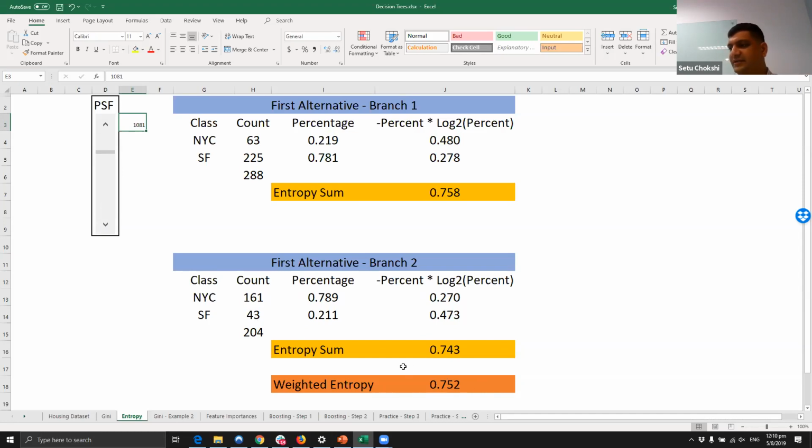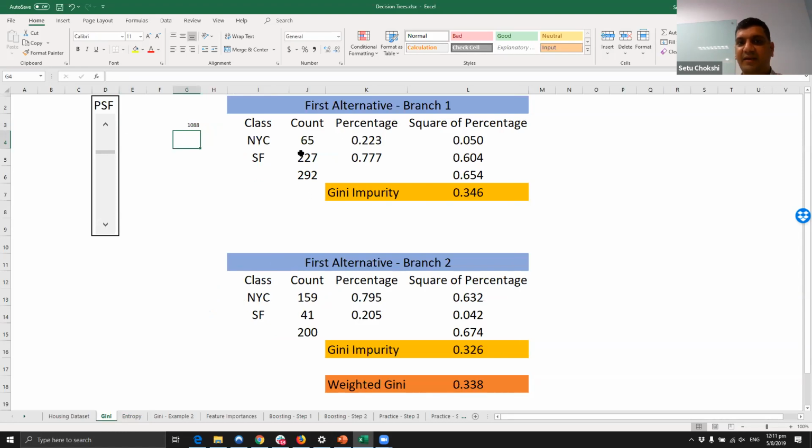So did you understand how we use entropy and or Gini to figure out these algorithms? This is what is used with a lot of decision trees to make a decision for the split. Is this part clear? And then you can see that when you are at a different value, you actually get a pretty decent amount of values that are either in San Francisco or in New York. Everybody clear with Gini and entropy?